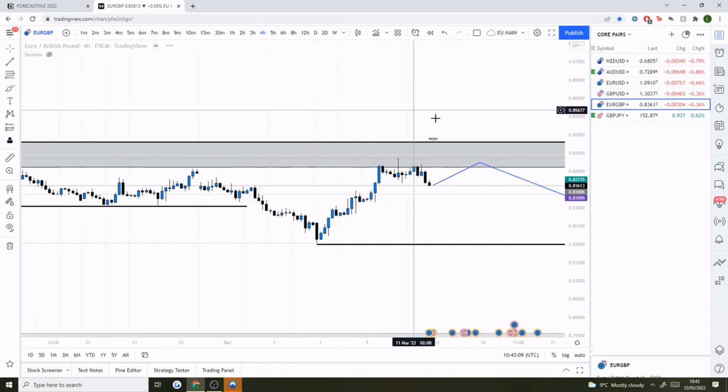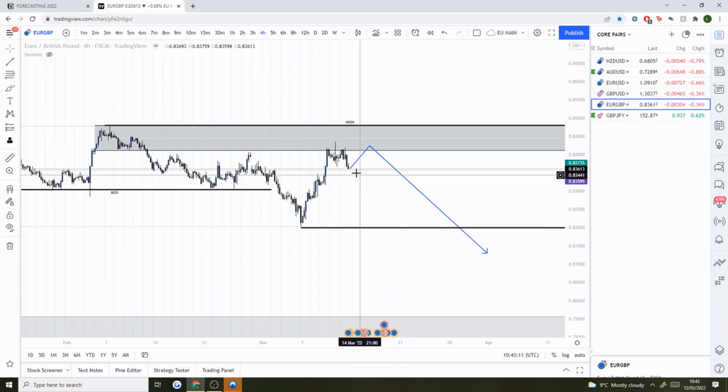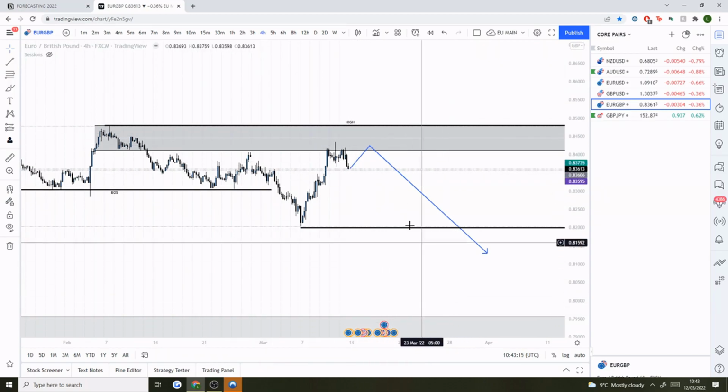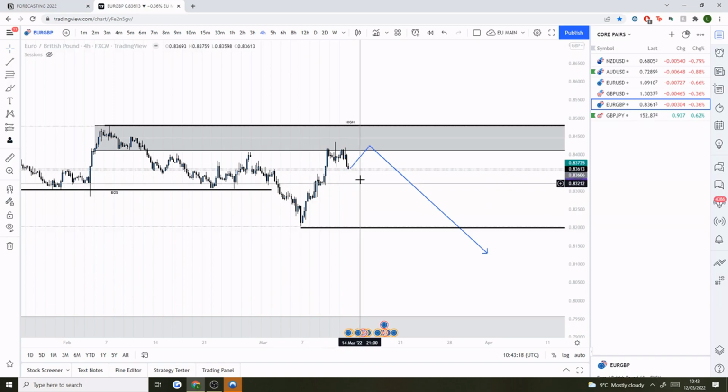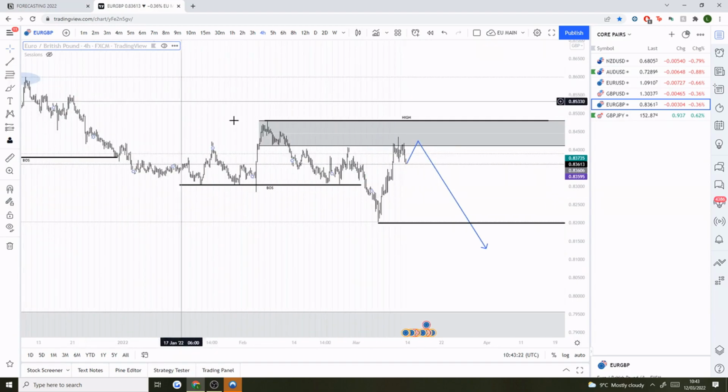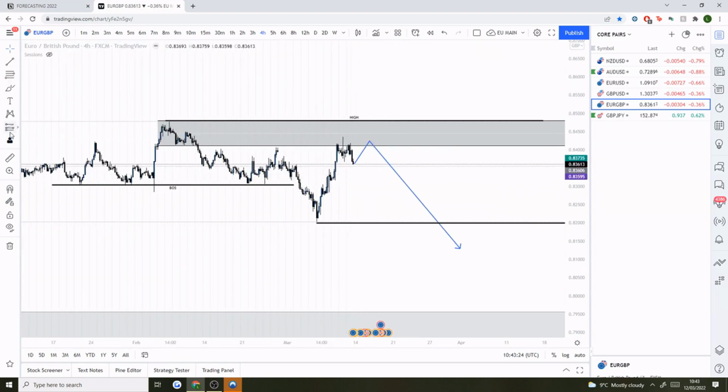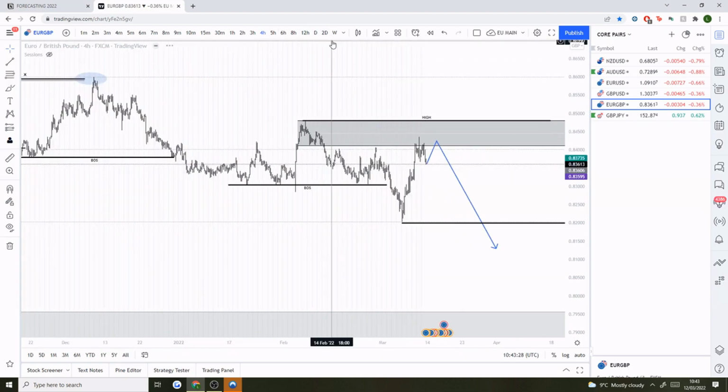So going into next week, what I'm going to just be looking for is either we'll come higher into the order block and then we can continue down, or we literally just continue going down from this reaction here. So euro pound, definitely bearish bias, and I'll be looking for sells following the hourly structure away from this area.